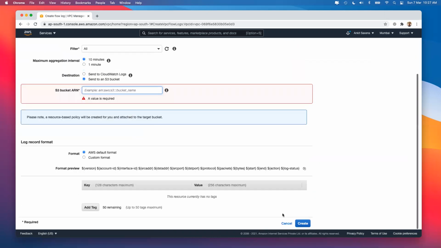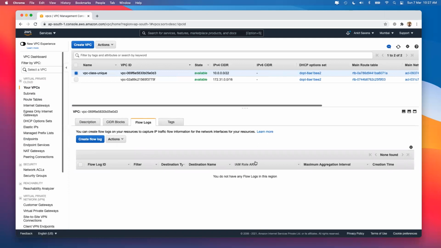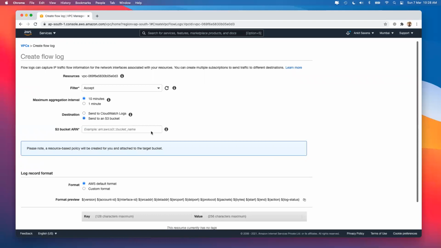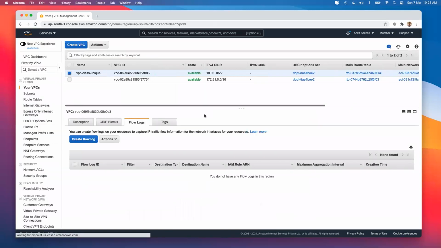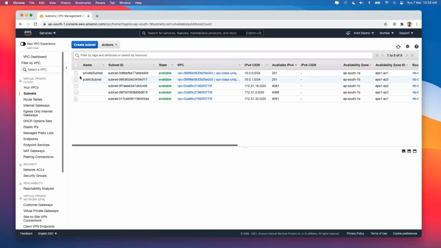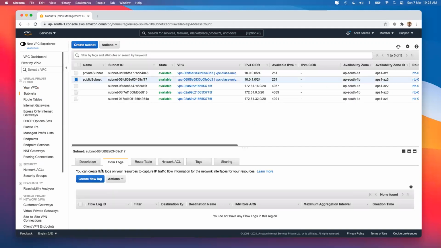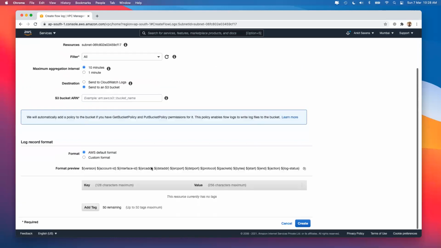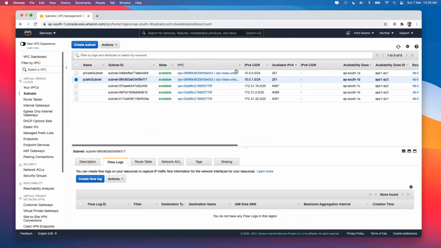And once this is created, your VPC logs will be continuously sent to the endpoint that you have selected, which can either be a log destination or an S3 bucket. So this is the flow log that you saw inside your network. Flow logs can be done at your VPC level. It can also happen at your subnet level. The concept remains the same. You can aggregate it for 10 minutes or 1 minute, based on accepted, rejected, or all traffic. Based on the log destination or the S3 bucket, you can go and create the flow log.